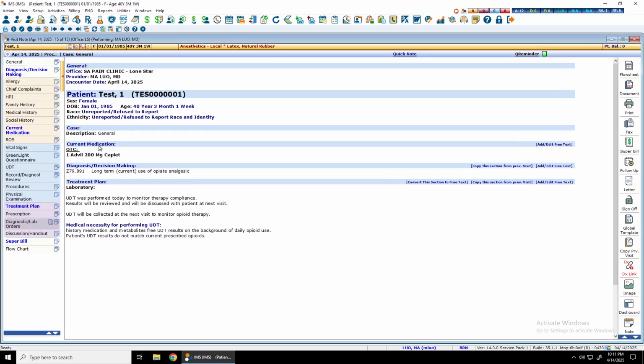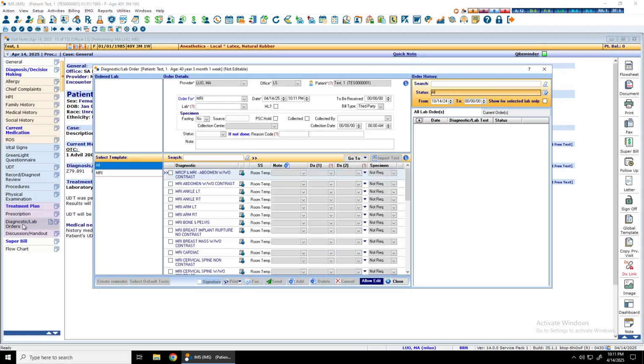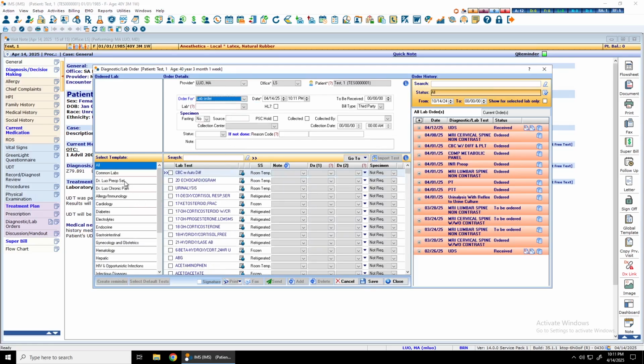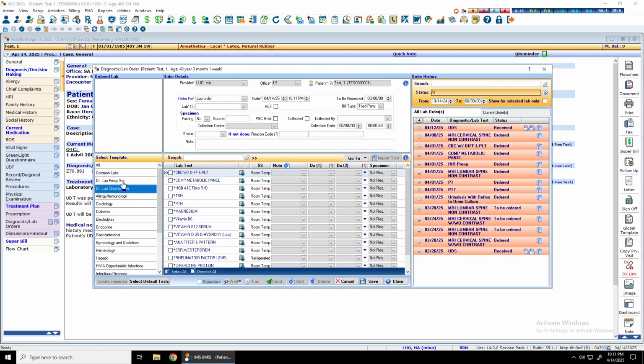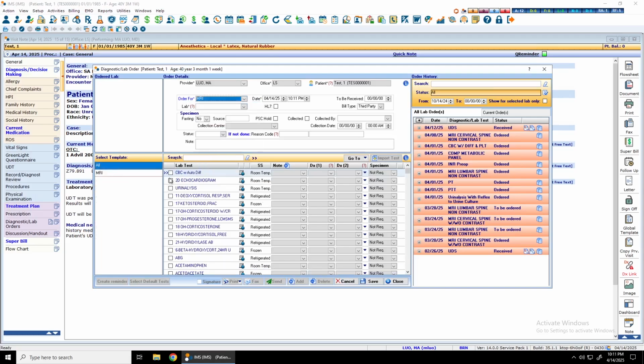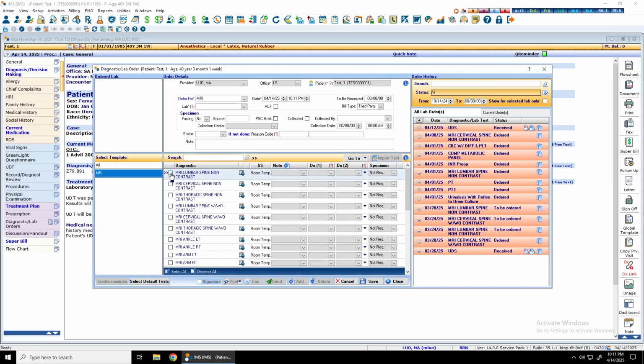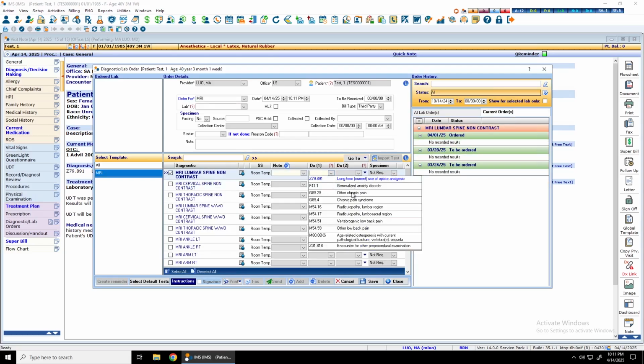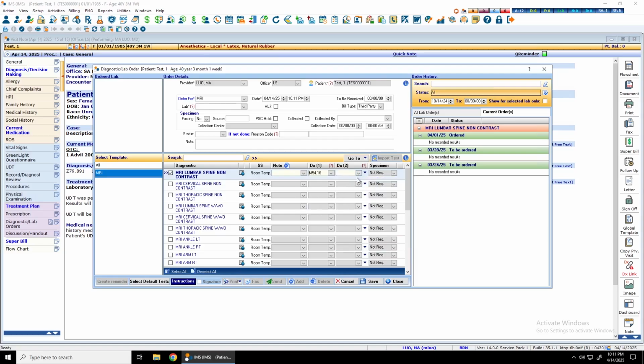an imaging center. So once you click on diagnostic lab and orders, you'll have a window. Mine's default set to MRI because that's the most commonly ordered, but you can also choose lab order. So that's going to be your CBC, BNP. For example, I have some pre-op order sets and chronic pain order sets that you can use. Let's just say we're going to do an MRI, and I listed the most common ones we use. So let's order MRI non-contrast, and the diagnosis code we're going to say lumbar radiculopathy, and then leave the second